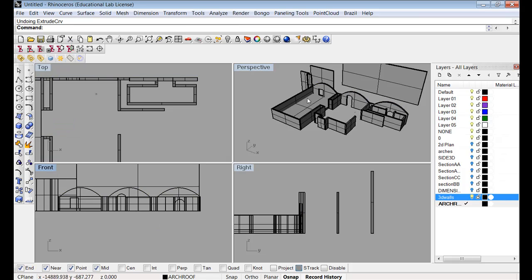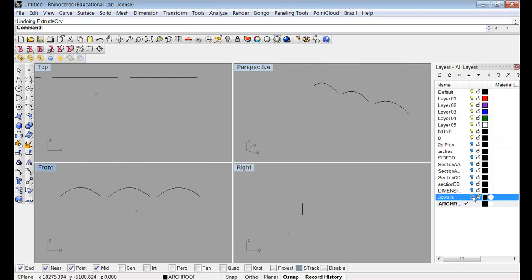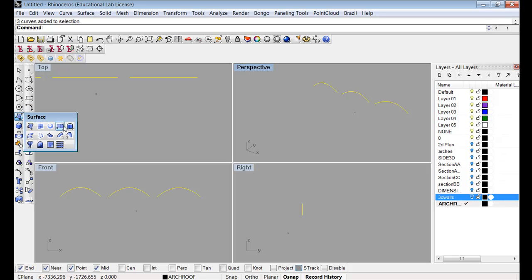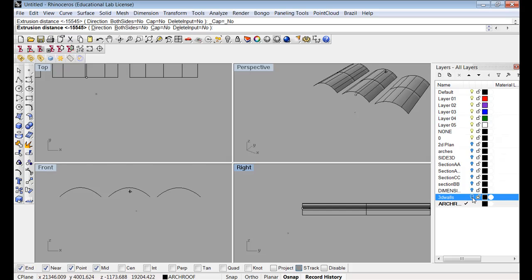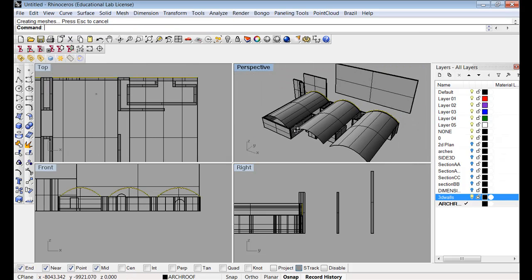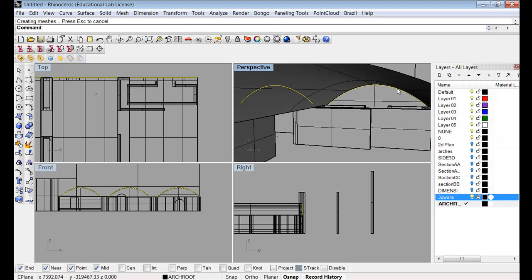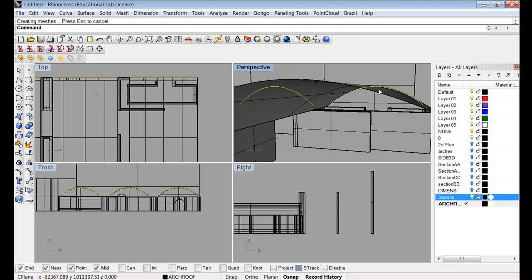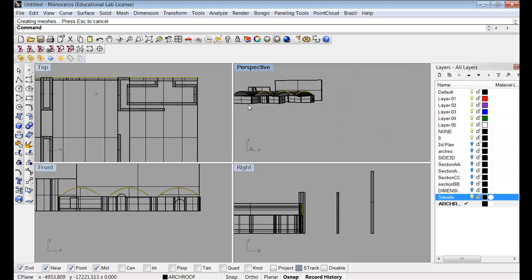I'll show you. So at the moment, if I just turn my 3D walls off, if I just select them and go here and go extrude surface, where is it? Extrude surface, straight, there it is. And I'll turn on my 3D walls. So literally, those are just surfaces. Can you see there that they've got nothing? They're no thickness to them. Whereas